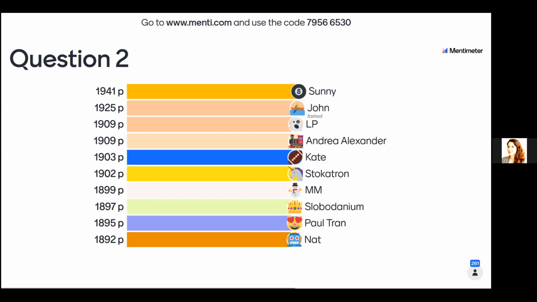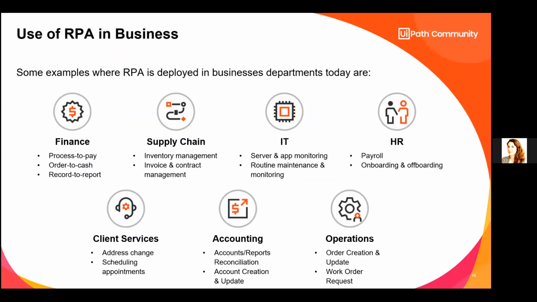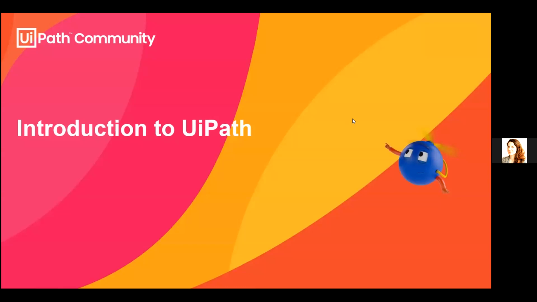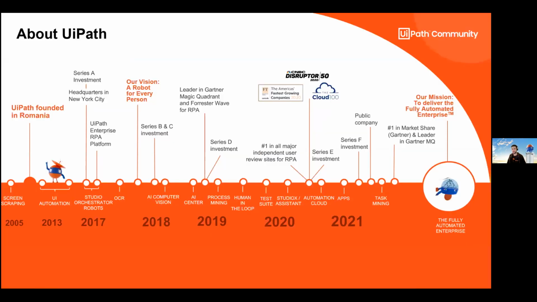Now we will go on to the second part of the presentation. Okay, so now we talk about what RPA is as a concept or as a technology, but now we are going to talk about UiPath specifically as an RPA solution provider. But before going into the products, we can start talking about the history of UiPath. You will have access to this for later, so we are not going to mention everything, just a little bit so you get the grasp of it.